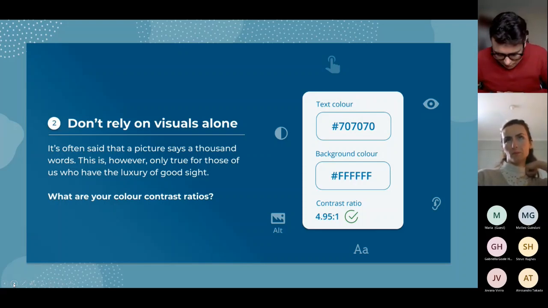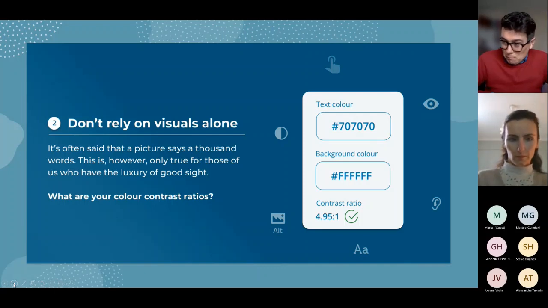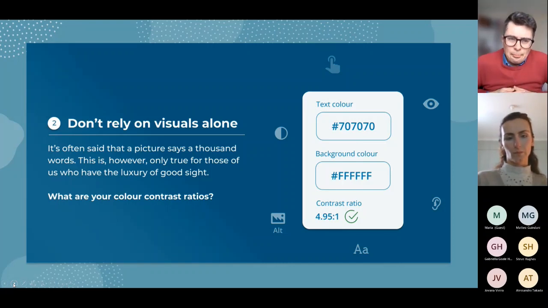Number two is quite an important one, really. There's a common phrase that a picture says 1,000 words, but if it does, that's potentially a thousand words that somebody who's blind is going to miss out on. You can say an awful lot in 1,000 words, and that content is lost if it's just a picture. And so what we need to do is use visuals to supplement or complement our content rather than define it.